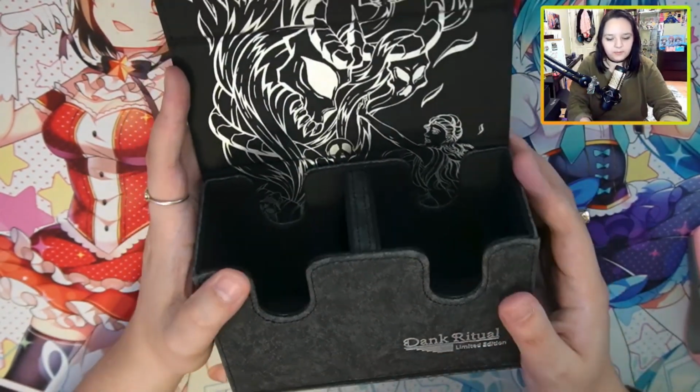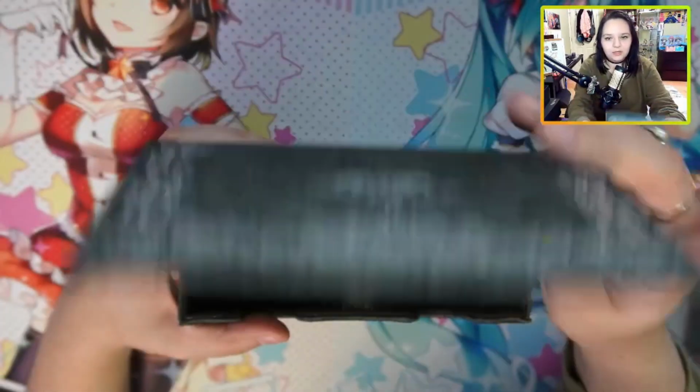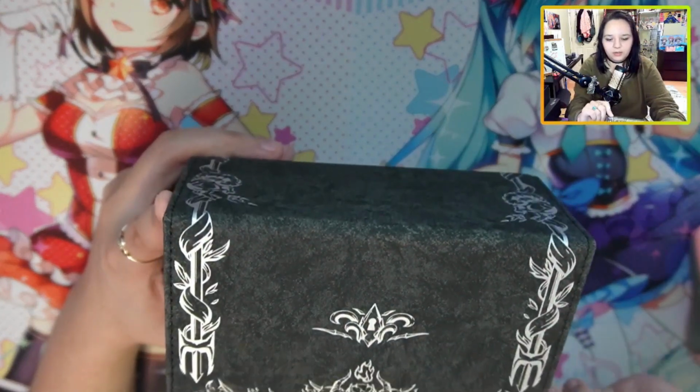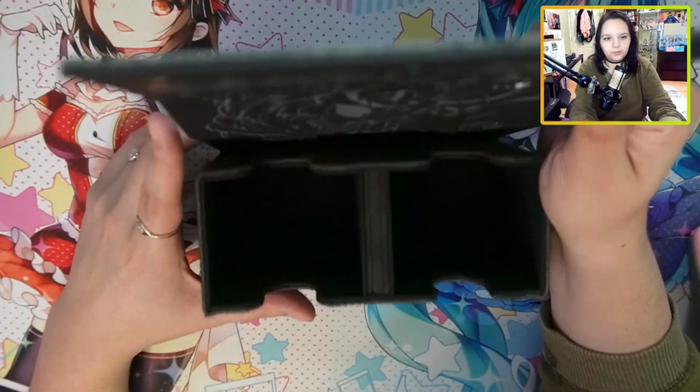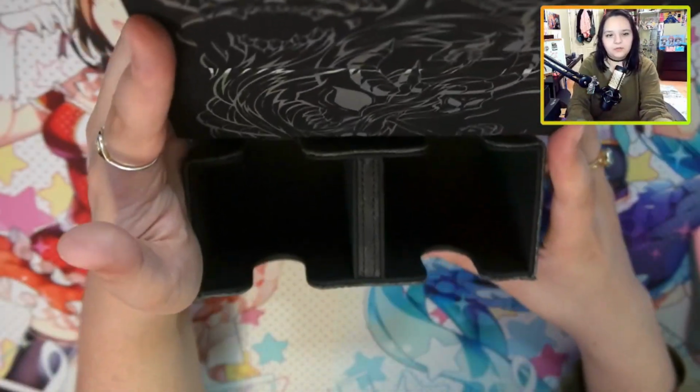This one's a little different from the other ones, and pretty much you could just use this. This is just how it is. And then in here, whoa, it changes colors. Sorry, the silver changes a little bit of color depending on how you're looking at it. But anyway, you can pretty much fit two decks. If you're a Vanguard player, you can very easily fit two decks in here if you want to do